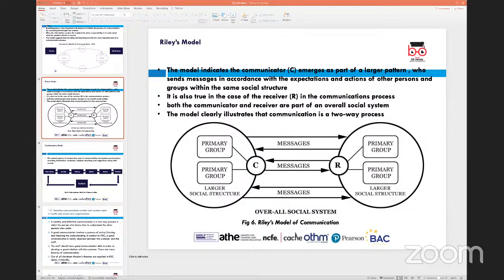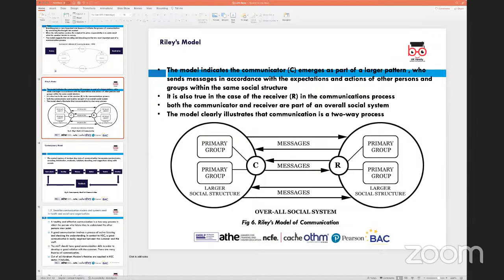That is what Riley's model of communication actually focused on. Michael Riley was the person who invented this. So when he talked about the process through which individuals or entities exchange information, this exchange generally involves